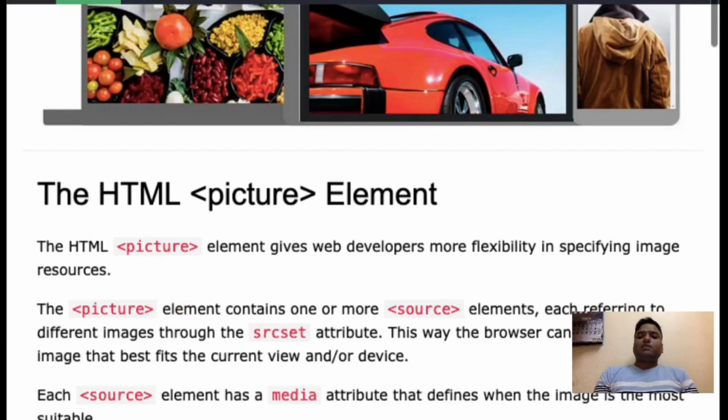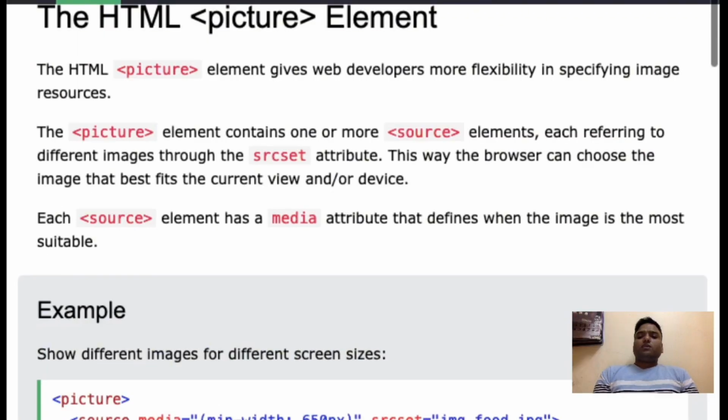This picture element contains one or more source elements and the source set attribute. This is the picture tag, and inside it the source media. So a lot of different images can be used, as the source set attribute is there, defining the media and the width.